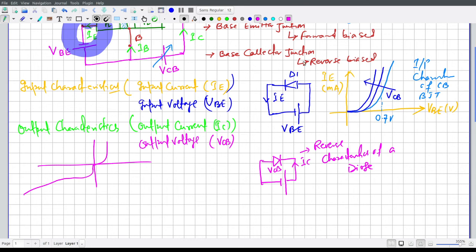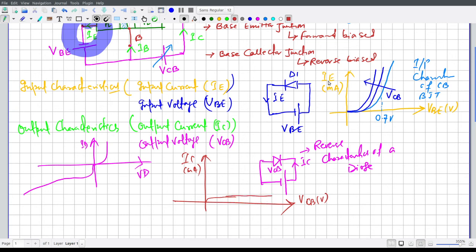Somehow this one is our diode characteristics, ID and VD. So now the reverse characteristics will start from this side. So in that case, we can plot, if we make it for IC in milliampere and VCB in volt, it will start from this side and go like that.